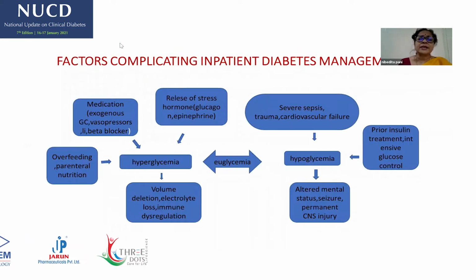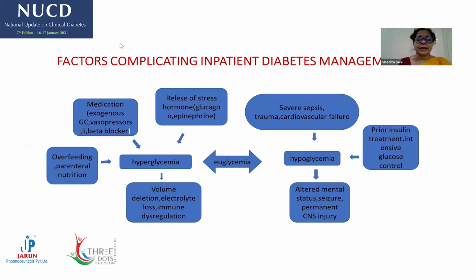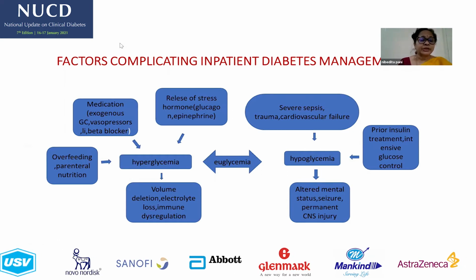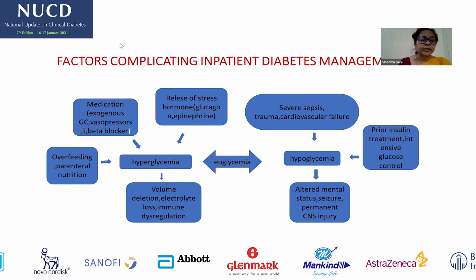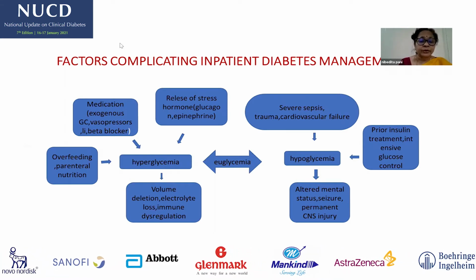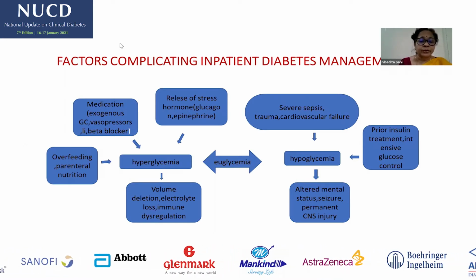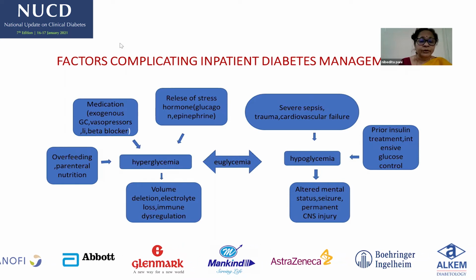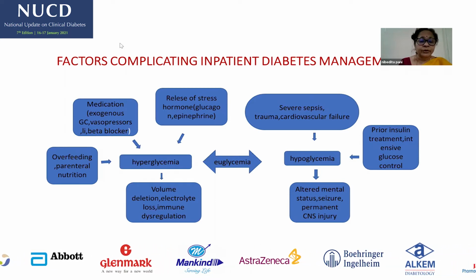So what are the factors that complicate diabetes management? Why is there hyperglycemia? Either release of stress hormones, glucagon, epinephrine, medications like vasopressors, beta blockers, overfeeding of parenteral or enteral nutrition. They all lead to hyperglycemia, which leads to volume depletion, electrolyte